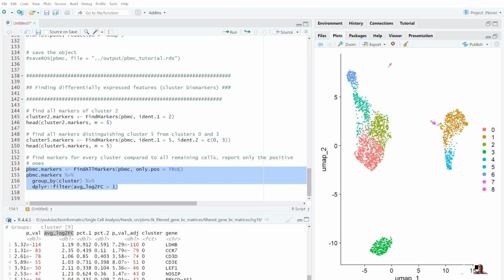Now, choosing log2FC values, that is actually log2 fold change, right? Whenever you want to identify the markers, see, biology is totally different from mathematics. You have to ensure that you focus on the genes with biologically meaningful expression differences, not only the statistically significant ones. The biological relevance plays a very important role. We'll get improved marker quality here, and the noise will also be reduced if you use the log2 fold change values. It also gives an advantage